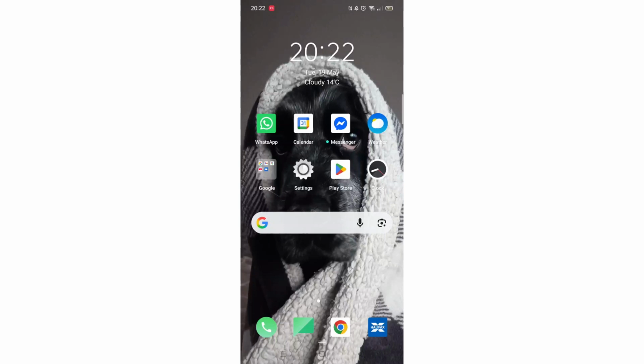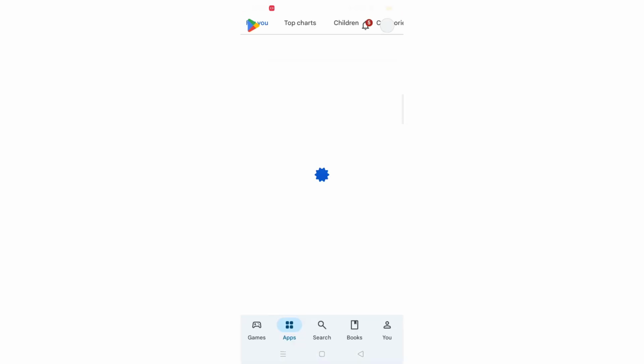In today's quick and short tutorial, we'll show you how to fix apps that keep crashing on your Android phone. So if you're trying to open up a certain app or game, and it keeps crashing, we'll show you how to resolve the issue. So the first step is to open up the Play Store app, and make sure you're